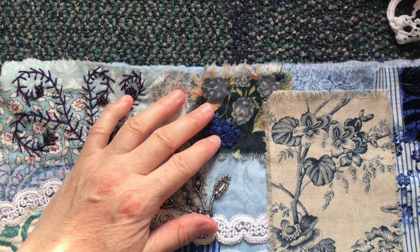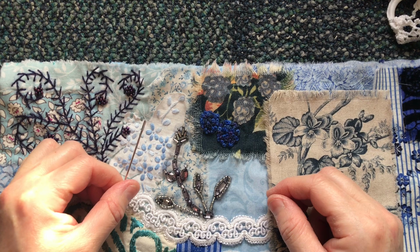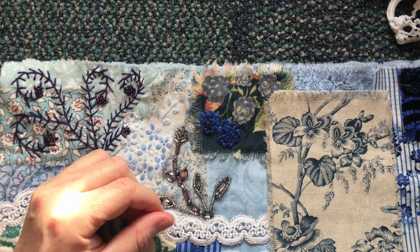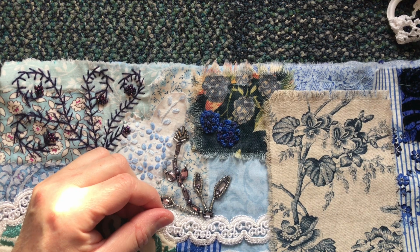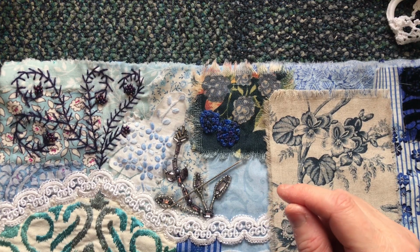So we'll come up here and I might use my larger needle. I did have a different one yesterday, I thought. That one. Not that one. Maybe I was using that one. I think it's okay because it's not too...